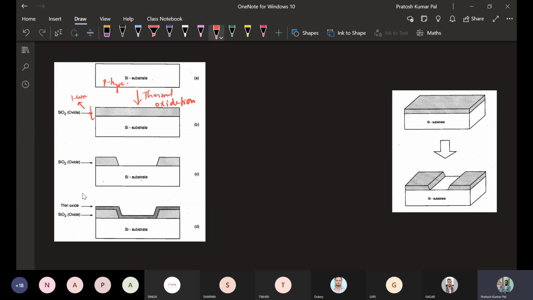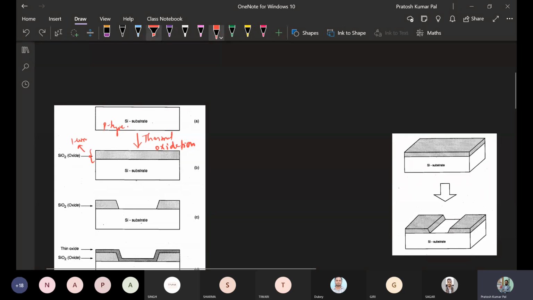Okay, so once we have created this oxide layer, the first step is oxidation, and after this oxidation, we cover this complete surface. So this is oxidation, and this is SiO2.